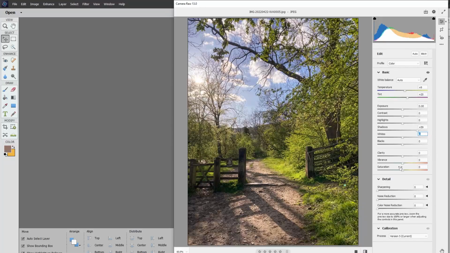I'm going to leave the clarity, vibrance and saturation. You can play about with it, but the thing is when you start putting more saturation and less saturation, you can see what it's doing there. But there's another way you can change things, which I'll show you once that's actually opened up into the actual